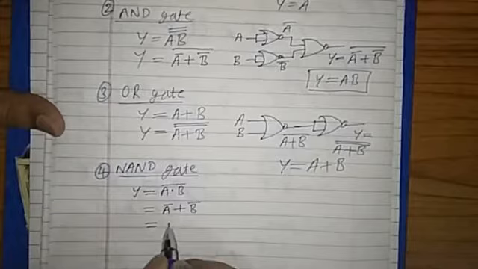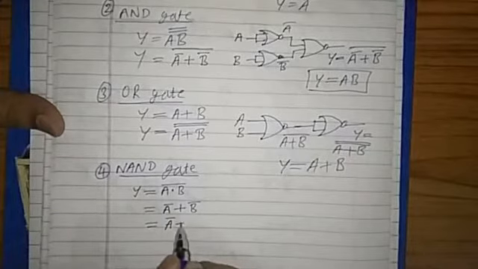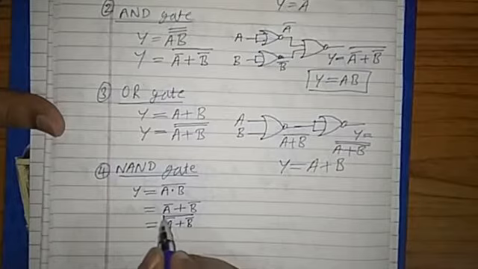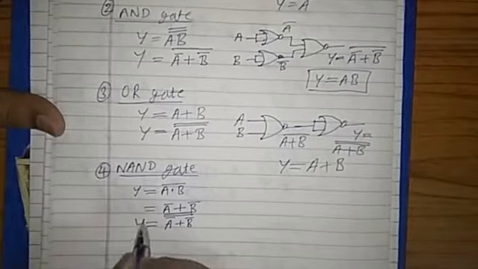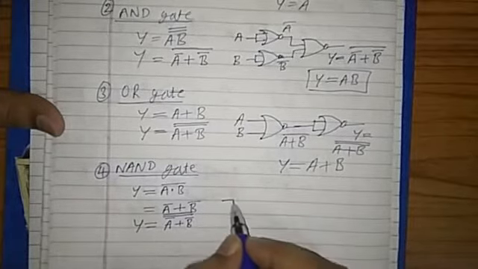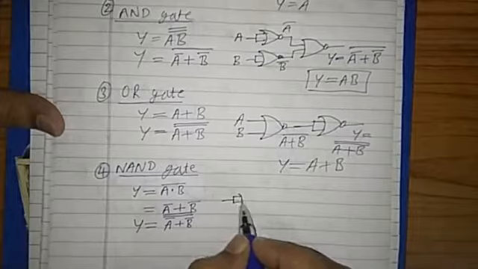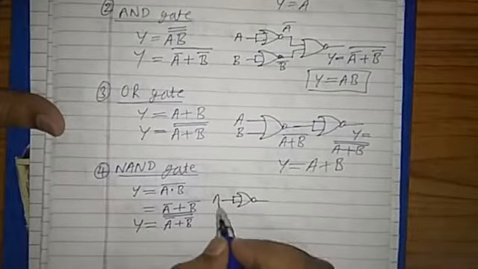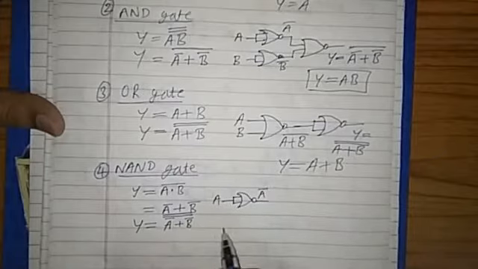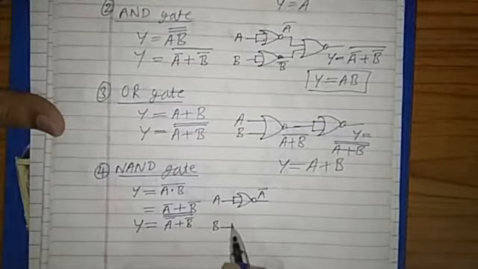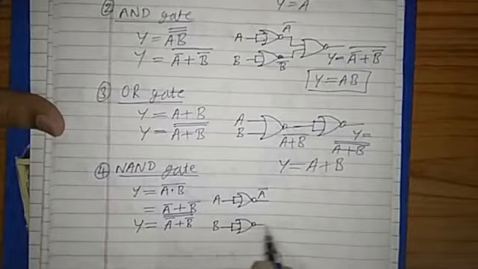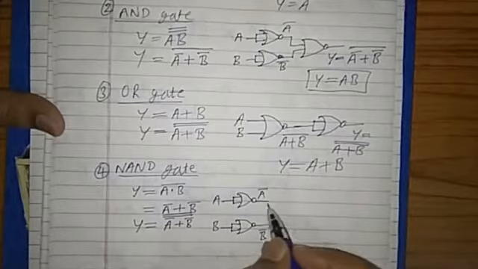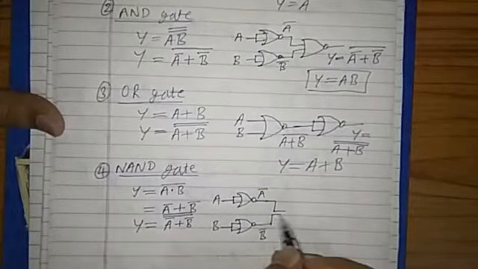Therefore here I can use the 2 times complement of this to get the NOR, and therefore Y. Now I can get the NOR implementation. NOT gate inverter I can implement easily. First we have done that only. A bar. Here B, I will use that also. Here B bar, and both are connected to